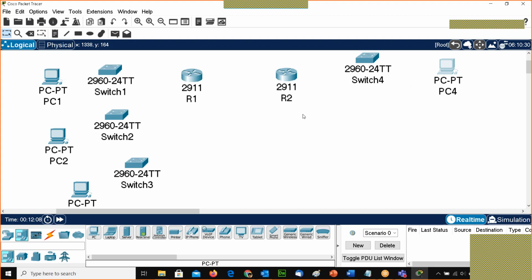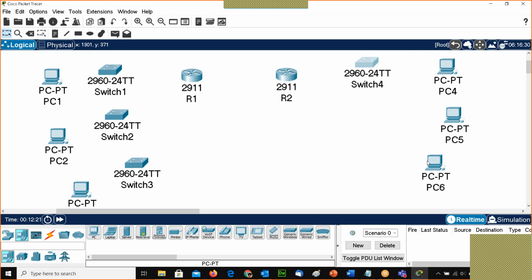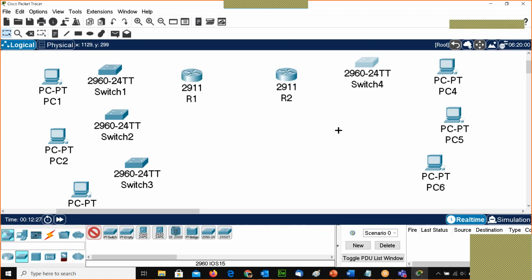Then I'm just creating a topology for better understanding, taking three switches and three PCs.